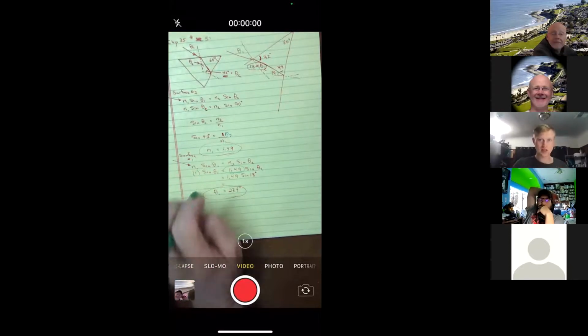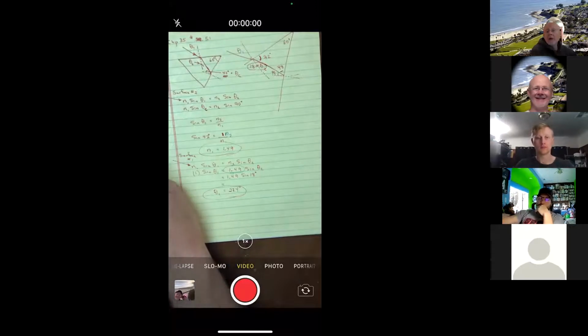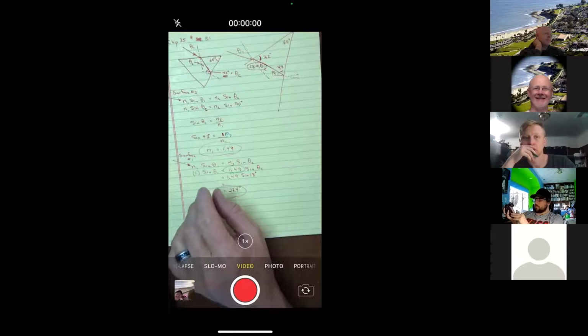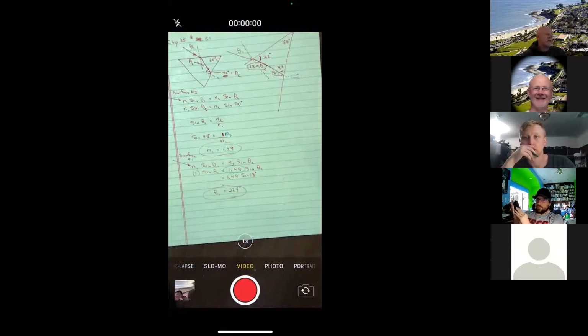Okay. Now that would probably be a little better, where I kind of assumed that it would be air on the outside. So it turns out no matter what's on the outside, it would work. Which kind of makes sense. That's what they said. It was the critical angle. Okay. Nice.